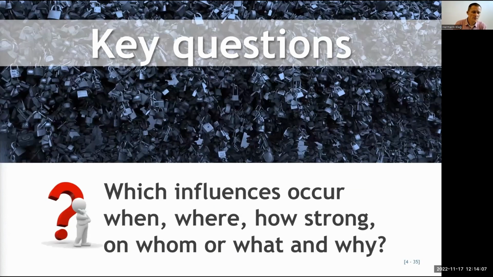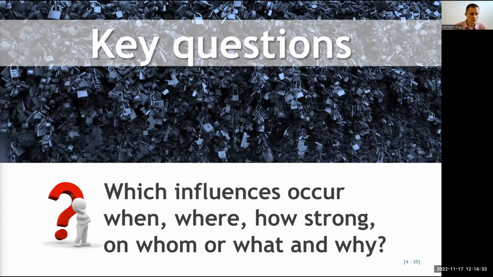And that's why we asked our key questions. So which influences occur when? So timely, where, location, how strong, on whom, and or what and why. So the subject as well. So the subject are the lakes. If you recall the heavy rainfall events, then of course we also look at humans